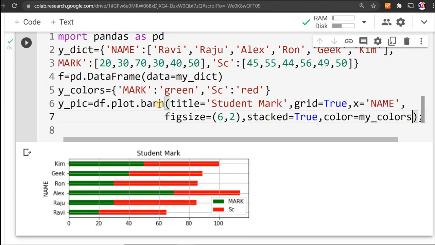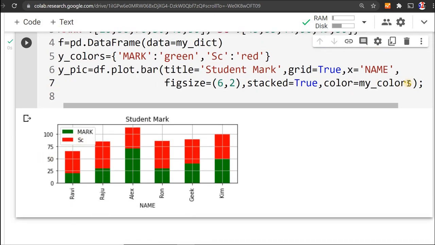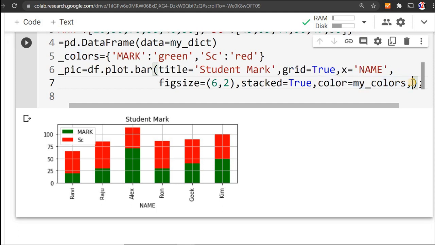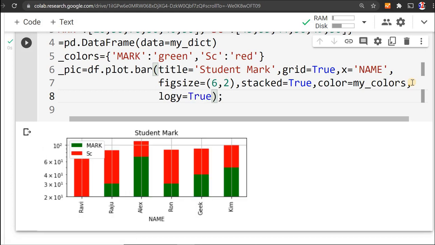Now subplots we have seen, stacked. Now you can even give log x, log y. I'll just make it vertical again. Now let's run it again. Now this y axis, I'll make it log y. In the next line I am going to write log y equal to true. Now log y true means, see, it is now a logarithm scale. Similarly log x, and if you want both x and y, then we can say loglog and set it to true. Then x and y both axes will be in a log scale.